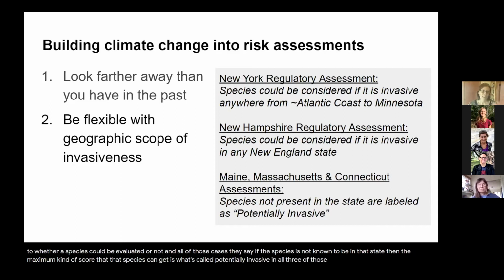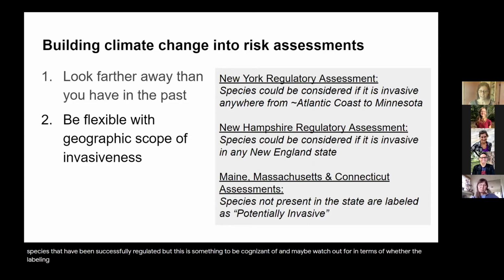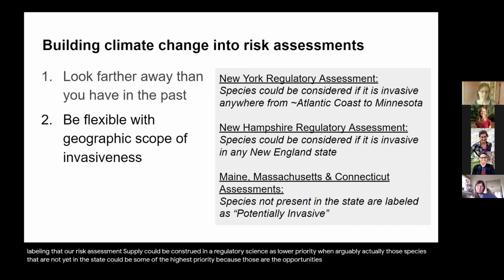In all three of those cases, there are potentially invasive species that have been successfully regulated, but this is something to be cognizant of and maybe watch out for in terms of whether the labeling that our risk assessments apply could be construed in a regulatory sense as lower priority, when arguably those species that are not yet in the state could be some of the highest priority